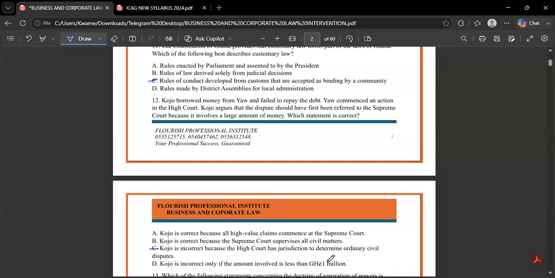So where you are asked the question and it may not even be about the Supreme Court, it may not be about the High Court, but then it's about a different court. And the answer has to do with amounts. Your knowledge of the thresholds is what will help you. So what I'm trying to draw your mind to is that in some situations, the answer would have been D, depending on the amount thresholds. So you should look into that as you revise.